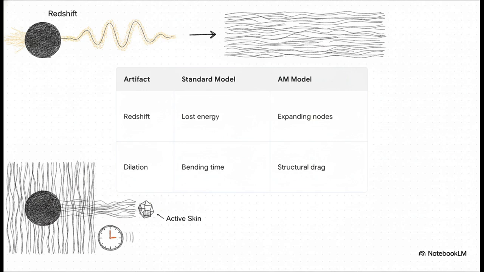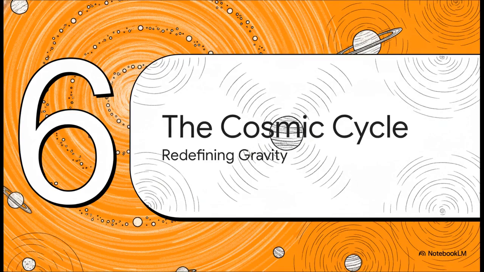And time dilation? There's no invisible fabric of time bending. It is literally just structural drag experienced by the active skin within a concentrated tension net. When a particle is near a heavy mass, the dp field is highly concentrated and super stiff. The particle's active skin has to process this incredibly stiff medium, which requires more tension to complete a single harmonic cycle. Observers see these slower mechanical cycles and falsely conclude time itself has slowed down. Time is just the observable mechanical reality of an active skin negotiating a stiffer net. It's brilliant. Finally, Section 6, Gravity and the Cosmic Cycle.